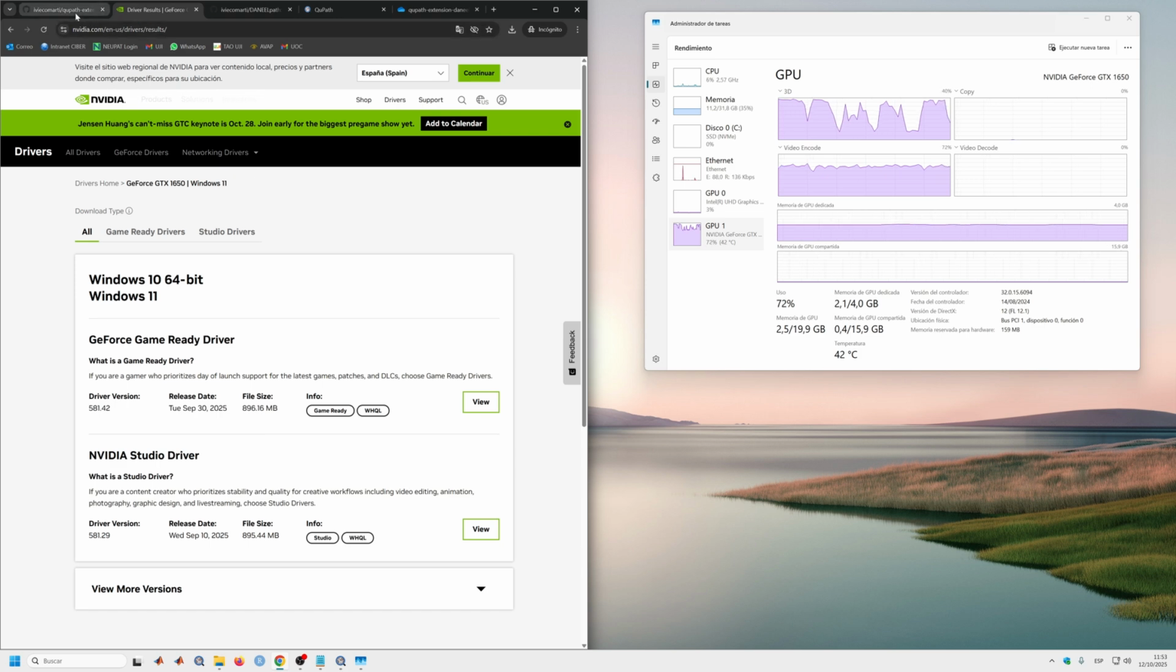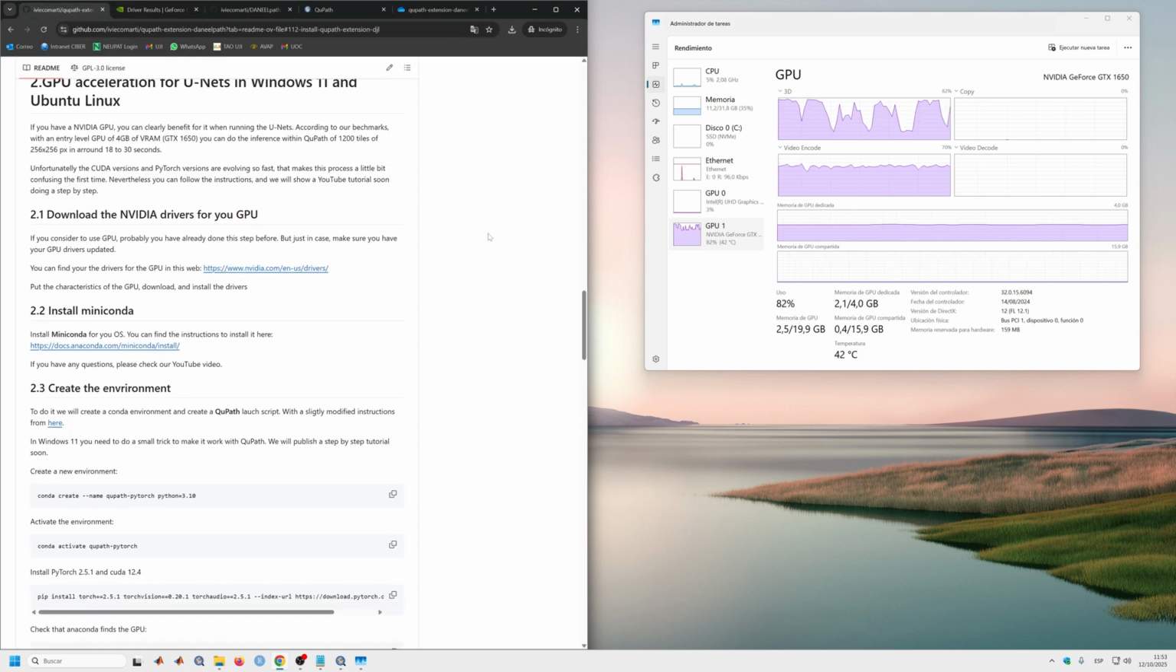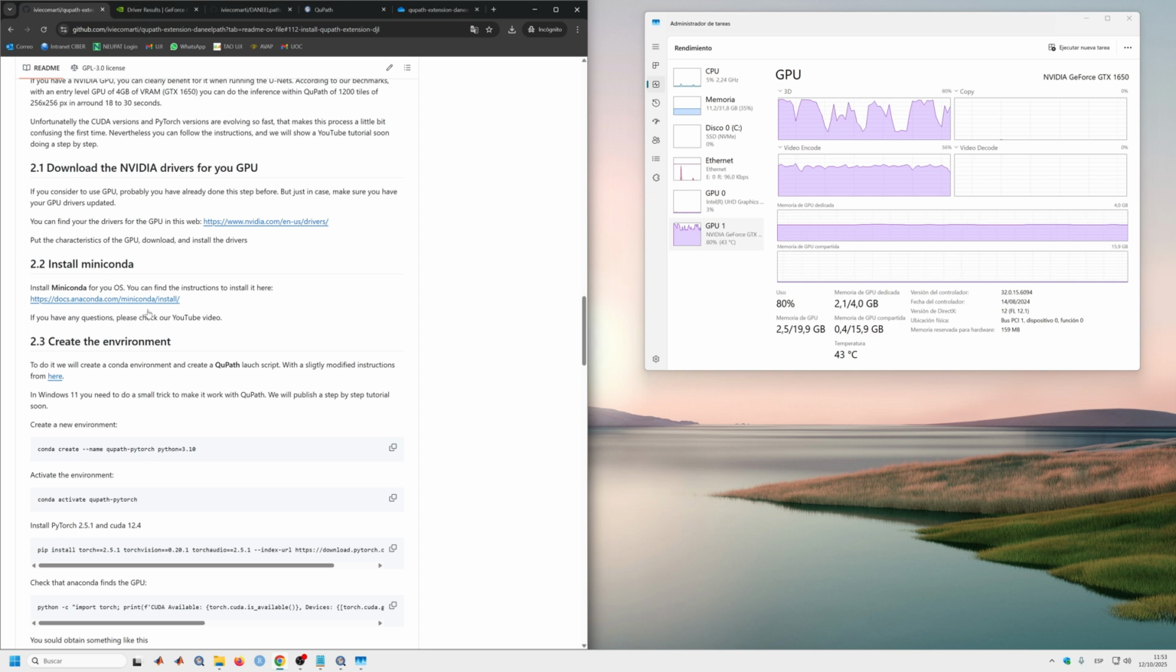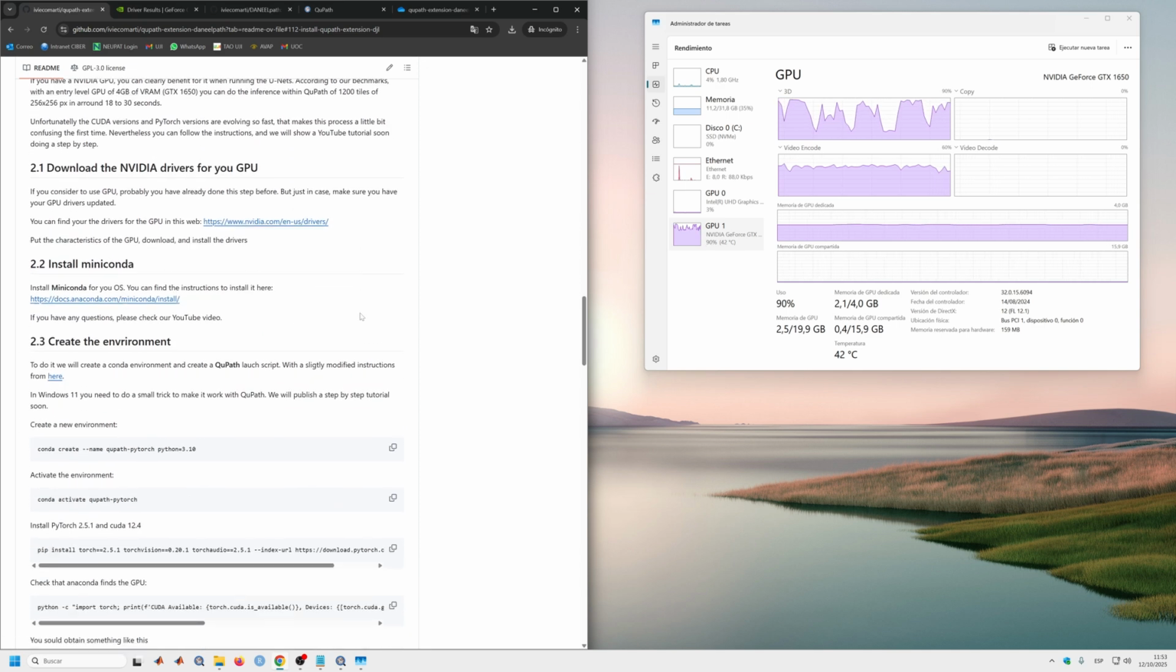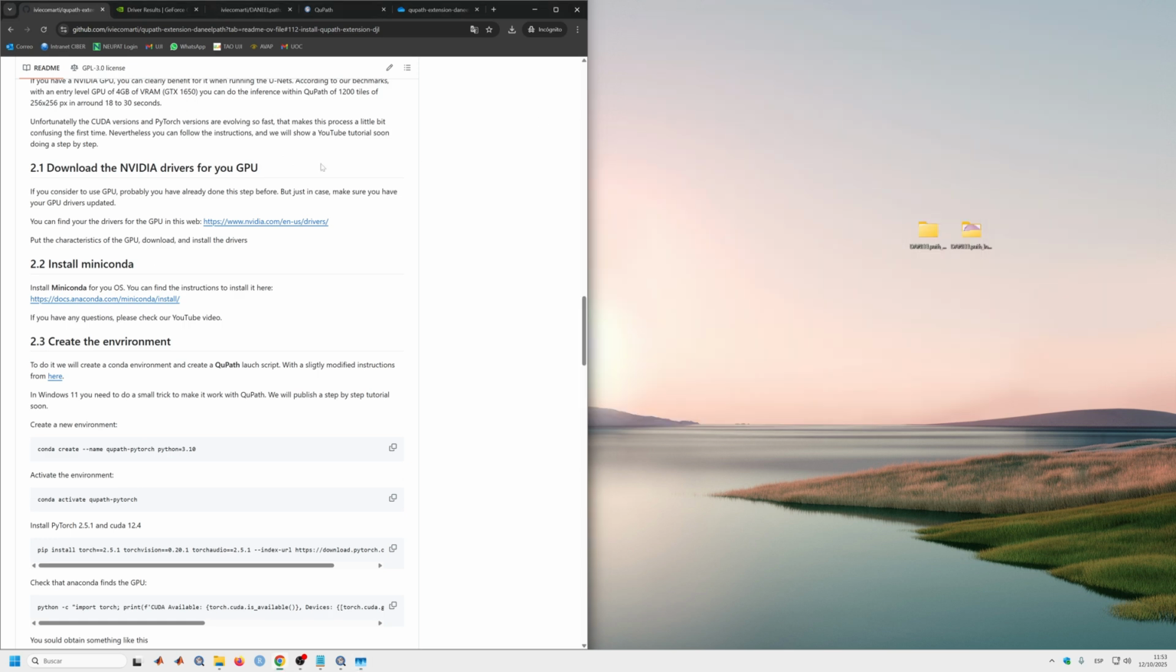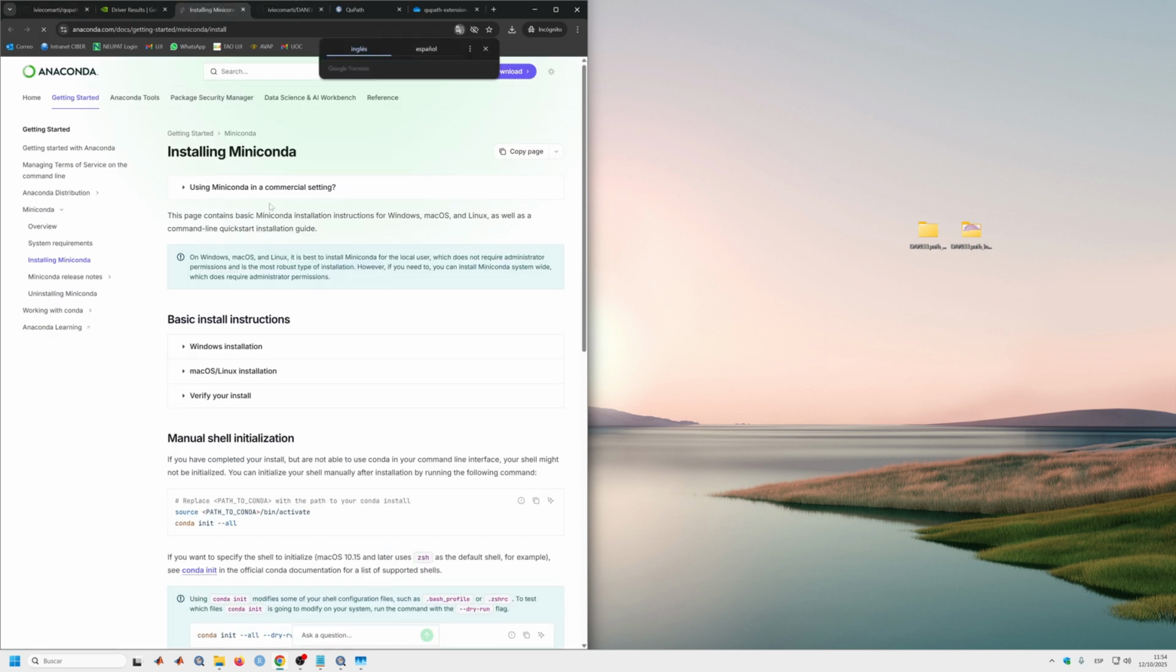That's it. Okay, once you have it, the next step is to install Miniconda. This is mandatory for Windows and Ubuntu for the GPU support in QuPath, mainly because there is a lot of variations between the versions of PyTorch and CUDA. So the best to do is to install Miniconda, and if there is some changes, it's the fastest way to do it. So basically, we come here to Miniconda,